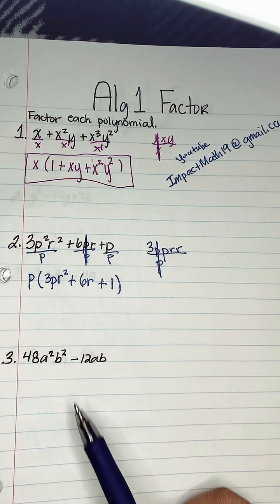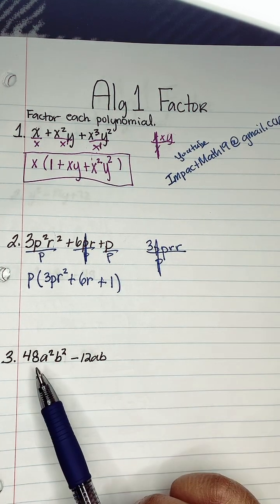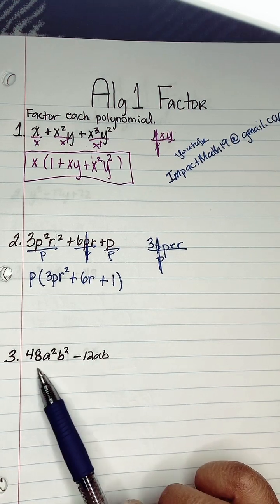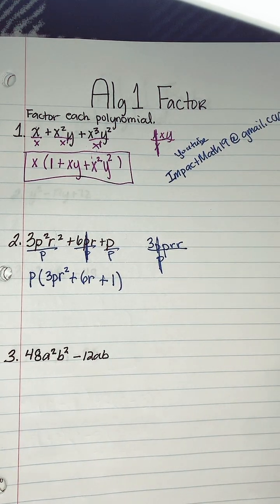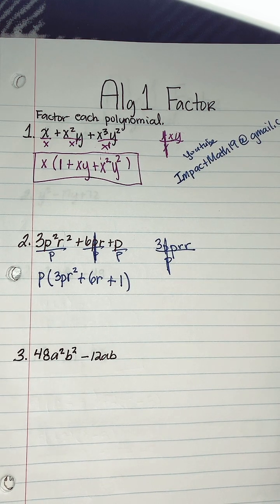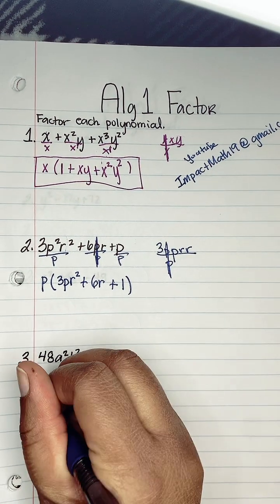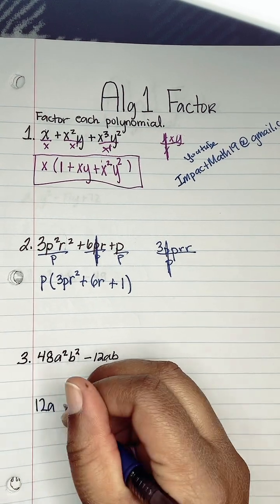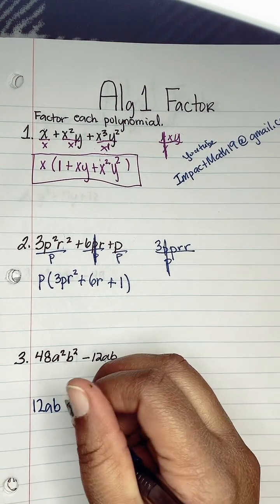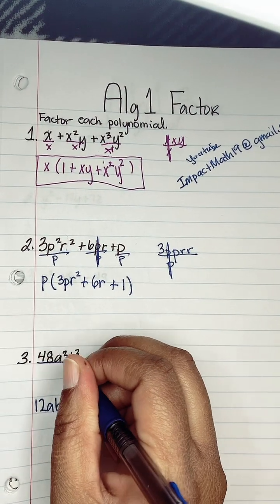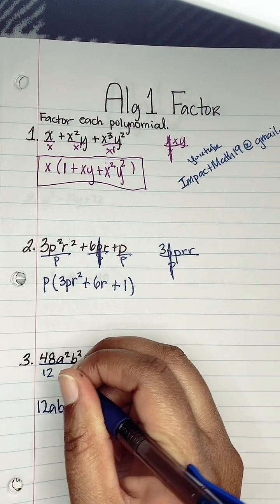All right, so now this is where it starts to get a little bit more challenging. What is the GCF for this? What can we pull out of number 3? Good. Somebody said I'm starting to remember this from high school. I love it. Sip said 12AB. Good, yes. So we have 12. They both have an A and they both have a B. Okay, 12AB, beautiful. So if we divide this by 12AB,